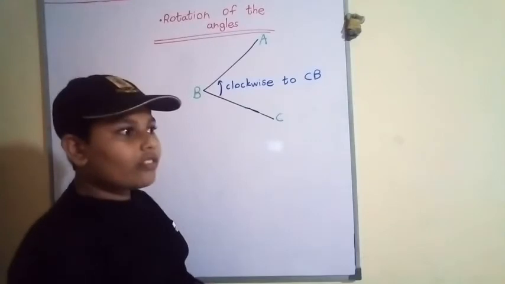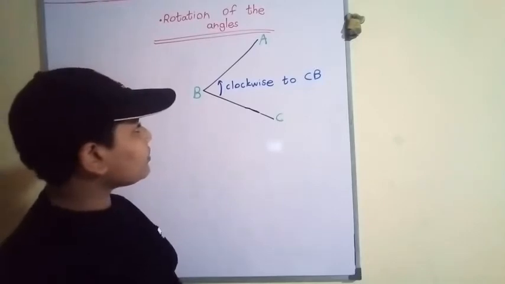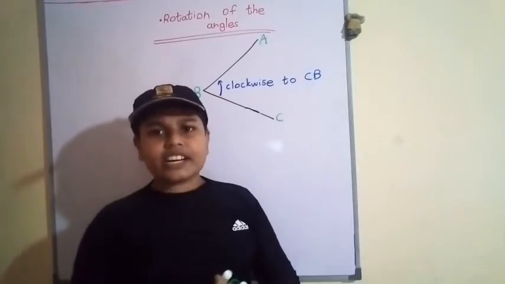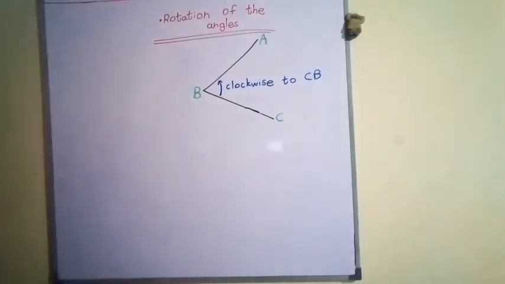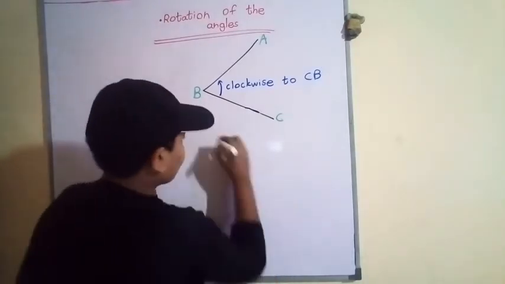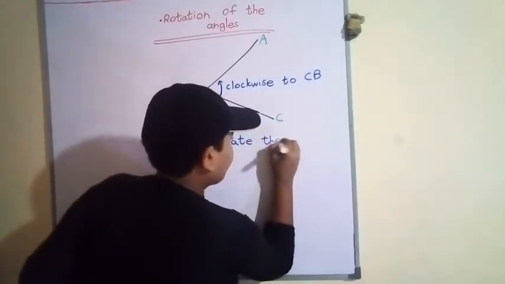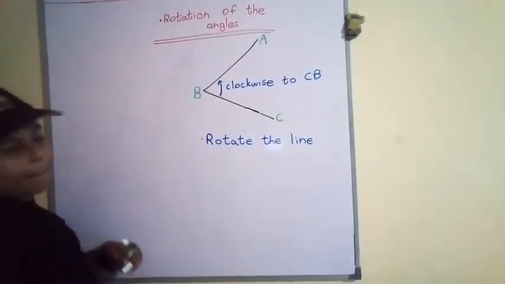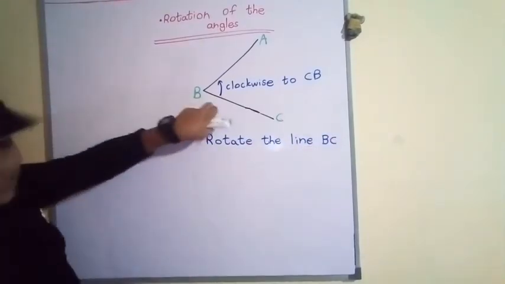Now clockwise to CB, right? Now what is the rotated line in this? You can have a rotated line. You can name this as rotate the line. Now rotate the line BC. Right? Rotate the line BC. This is the BC